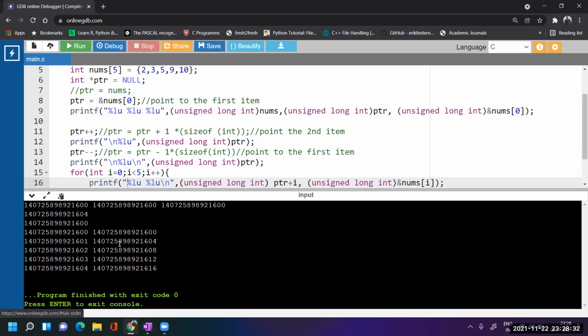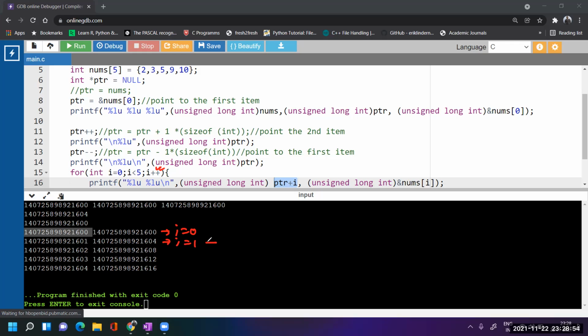Now see here. Address of the first item using PTR plus I. Right now I is 0. So here I is equal to 0. Now due to this plus plus, I is incremented to 1. So now here I equal to 1.